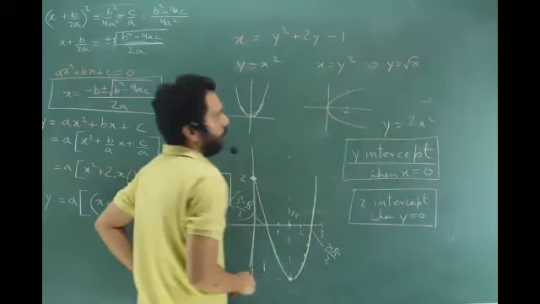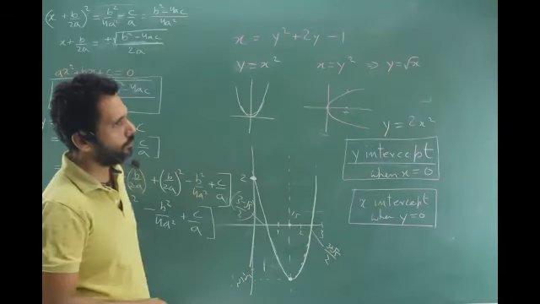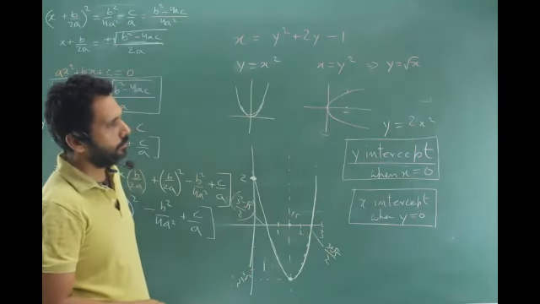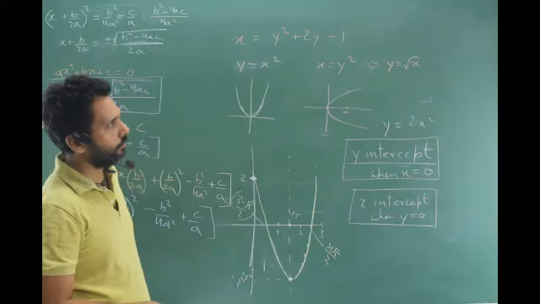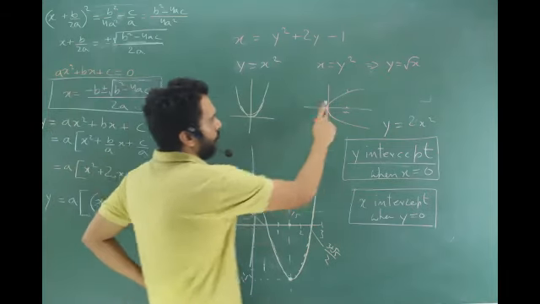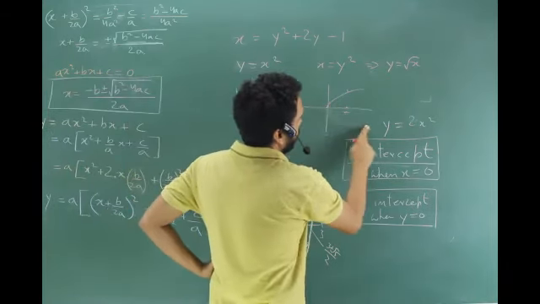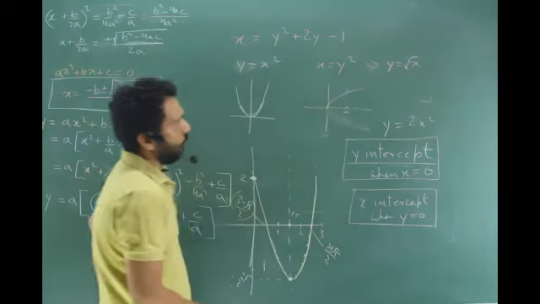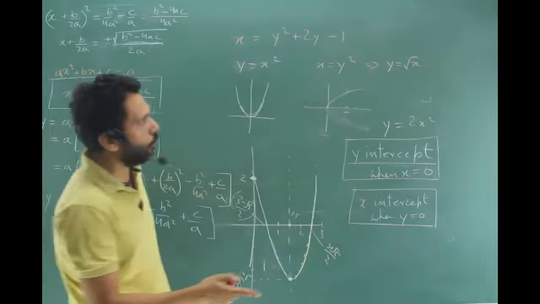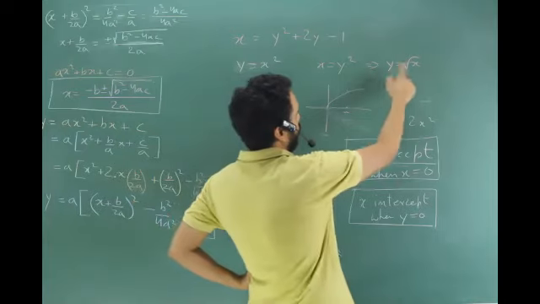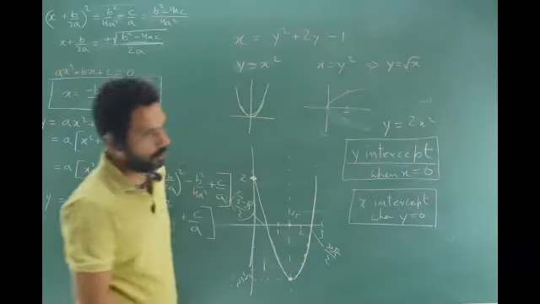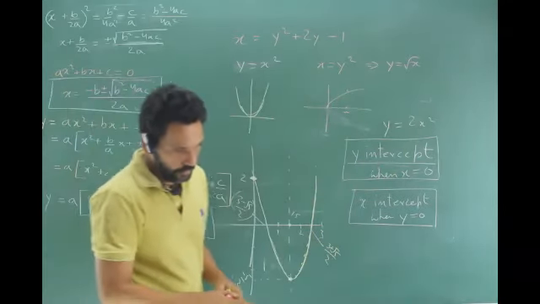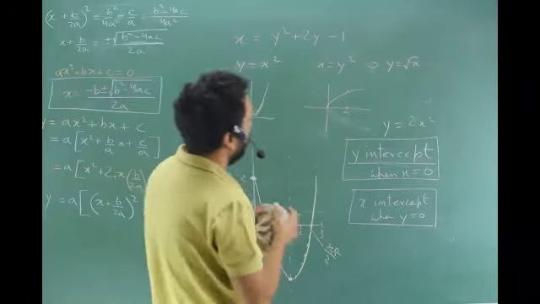How will it look like? Root x graph? It will be only on the positive y-axis. It will be only the positive one and not this one, right? Because root x means positive square root of, meaning to say y are only the positive values and not the negative values. Got the point? Is that clear? Okay.